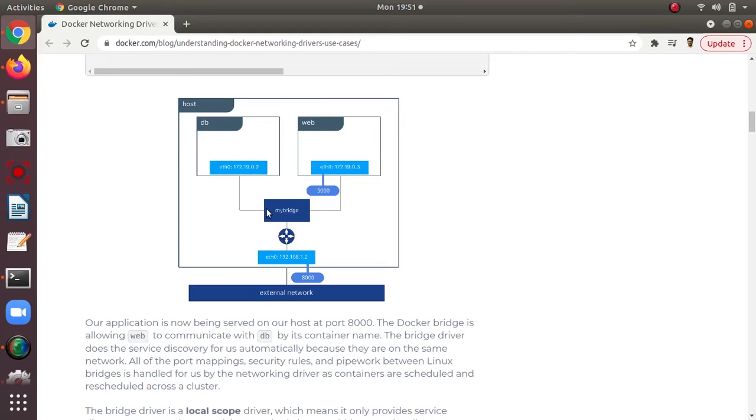As you see, it is connected to a bridge network, and this bridge network is directly connected to the host interface. What are 5000 and 8000? It is like port forwarding. We will talk about port forwarding later.